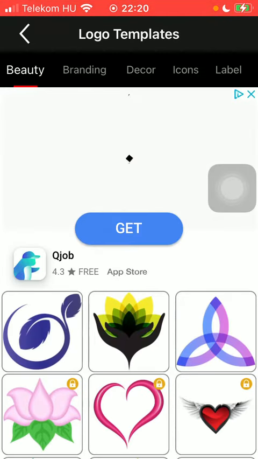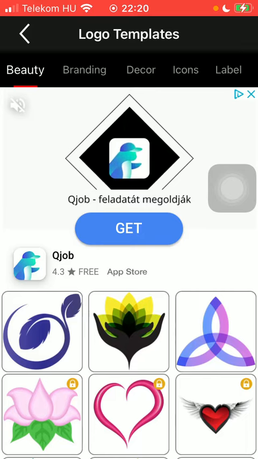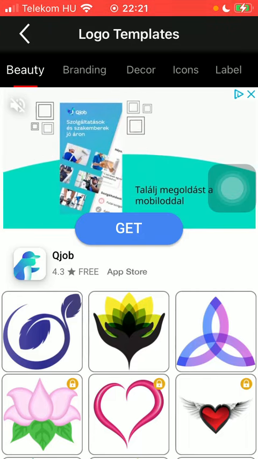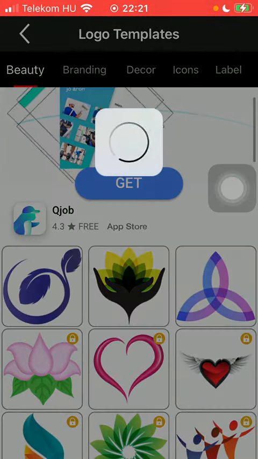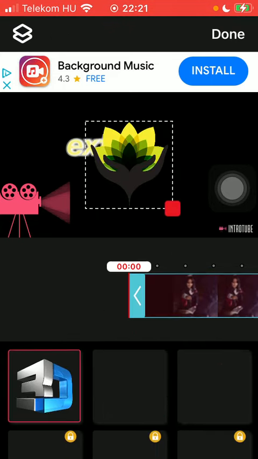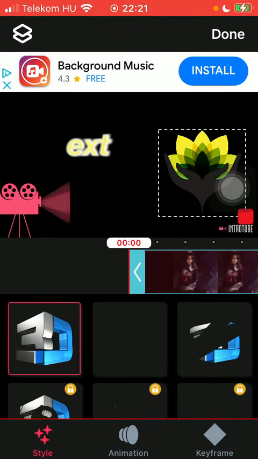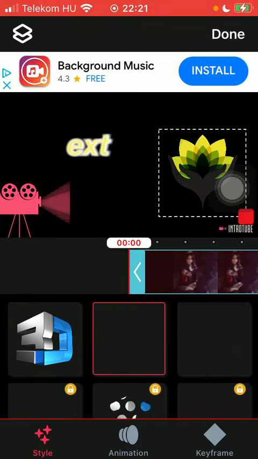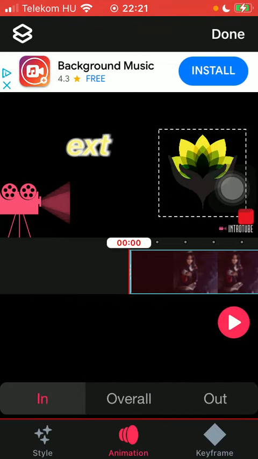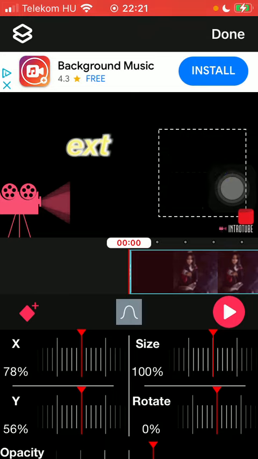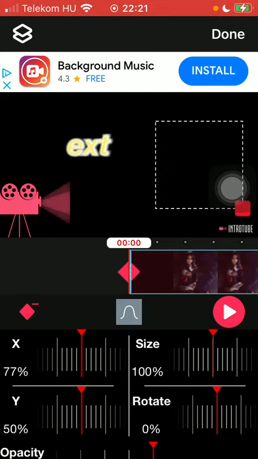Here you can find a bunch of categories at the top, such as beauty, branding, decor, icons, label, and so on. So click on the relevant one that you can find here, and you can select the style of it. The animation and the keyframe can be selected too, meaning that you can edit its size, you can rotate it, select its opacity, and place it within the video. If you are done, click on the done button at the